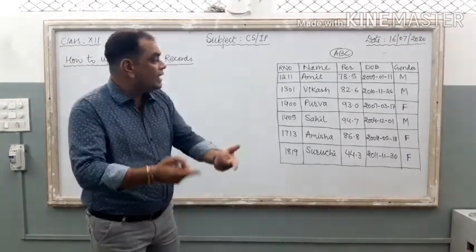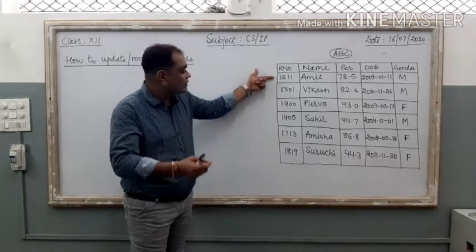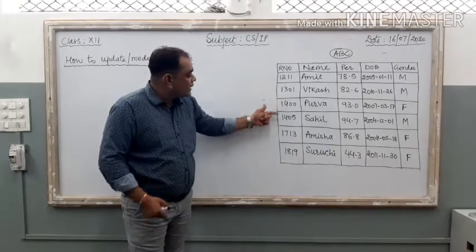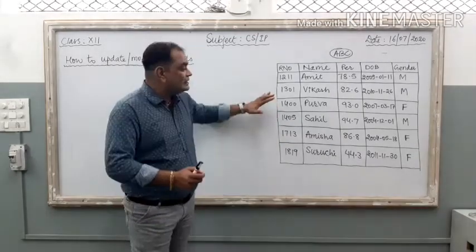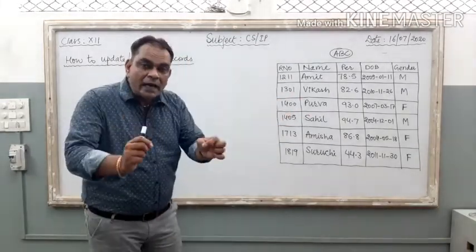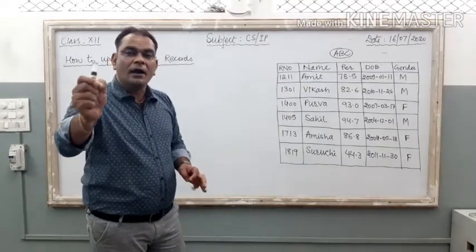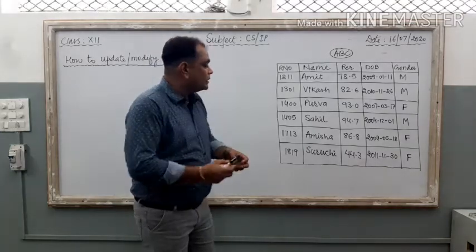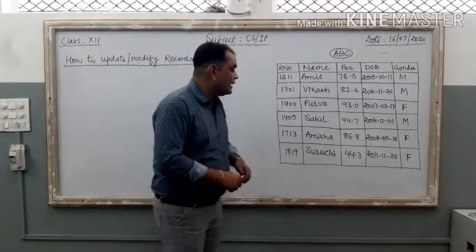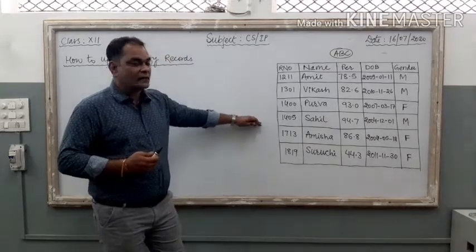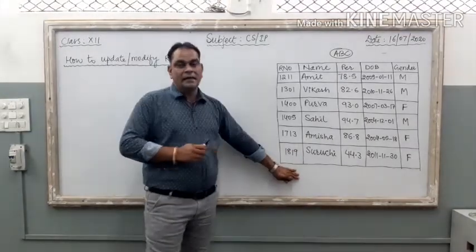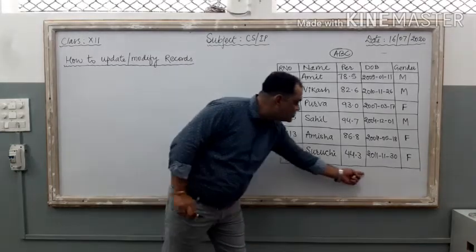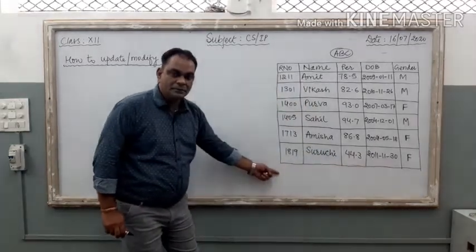And on the other side, if you want to enter these records inside the table, how many records are there? 1, 2, 3, 4, 5, 6. If you want to store these records inside the table, you can use the insert into command of MySQL. Now, just remember the point about the insert into command. If I want to insert a new record inside the table, my newly entered record should be attached at the bottom of the table here, right?